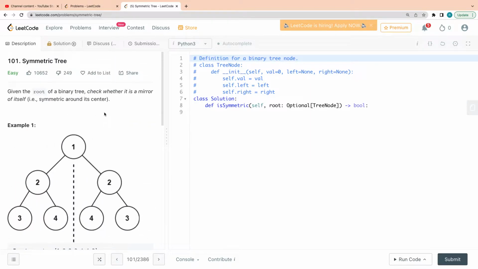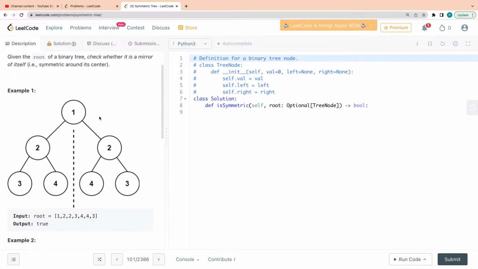To find the solution, since we know DFS, we can go recursively on every node, and then we can check whether the values are equal or not. So we can go at a time left and right, and check whether these two values are equal or not. And then I can go to the left of this one, and the left of this one, right? So for the mirror,